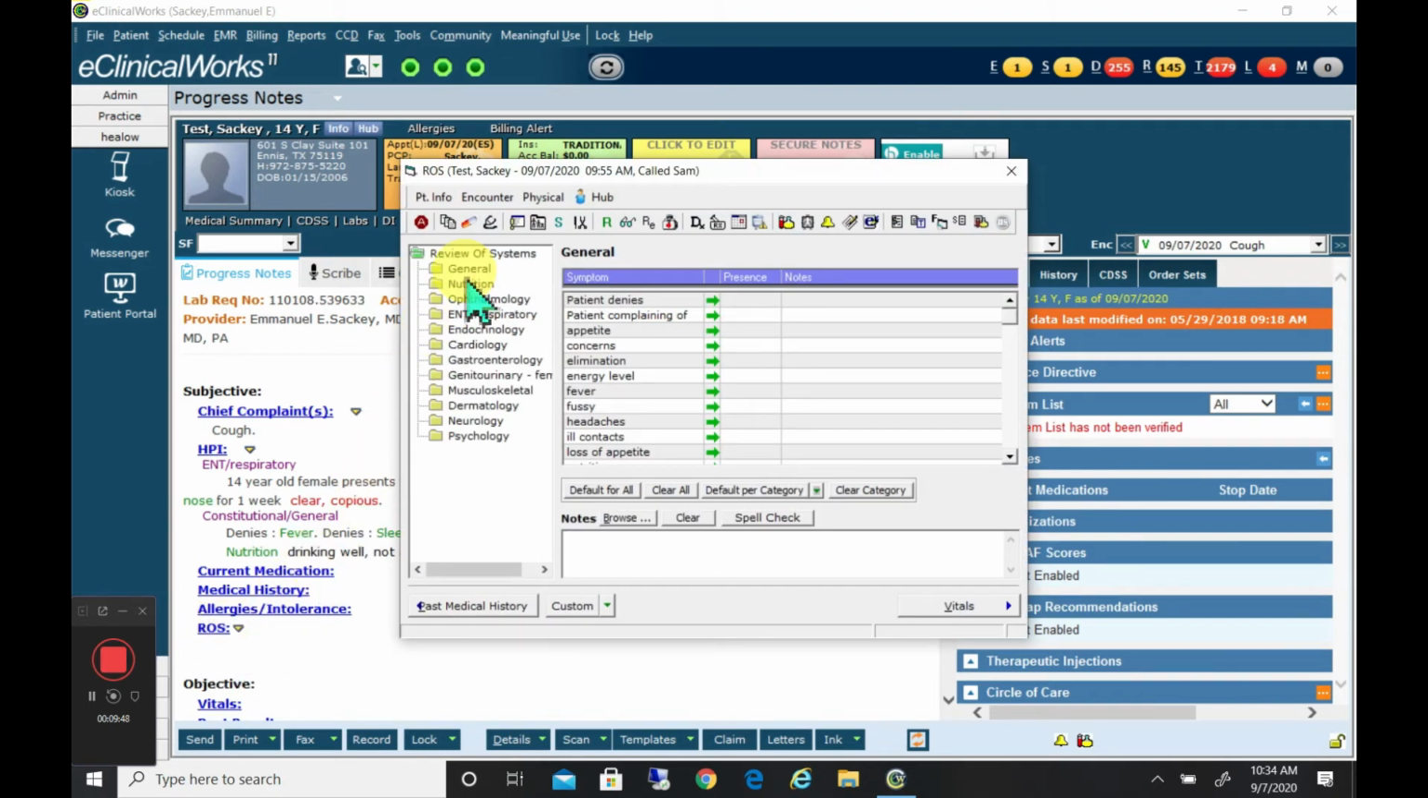And we have all the systems: general, nutrition, ENT, cardiology, gastroenterology. For this tutorial, we're going to use the ENT. So when you click on the ENT, you get ENT review of systems, which actually we have put in ENT review of systems as our HPI. So we'll choose 2 or 3 other systems for our review of systems. So let's review a general review of systems